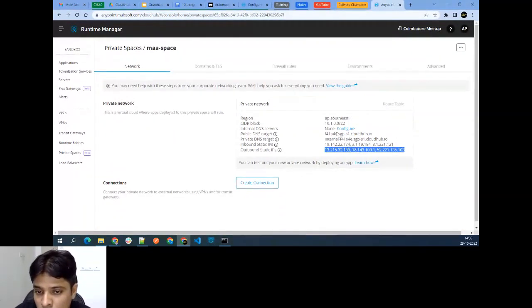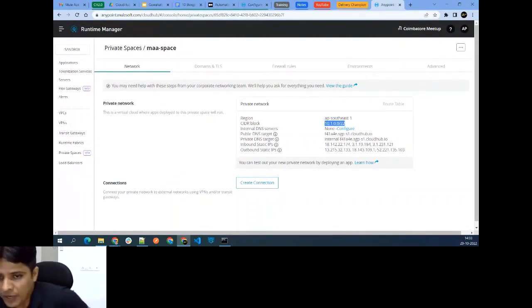Yes, Ashish. At the CIDR block level, no static IPs. This is completely private. And static IPs are always public. Now, one thing you see here, we have not configured